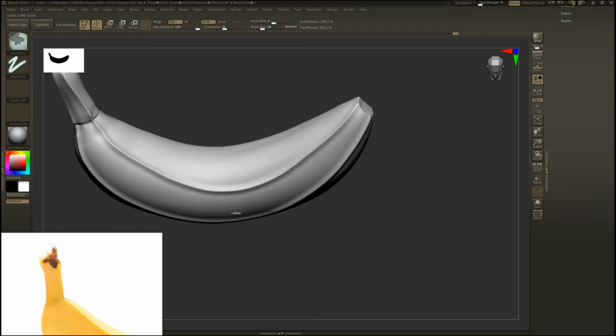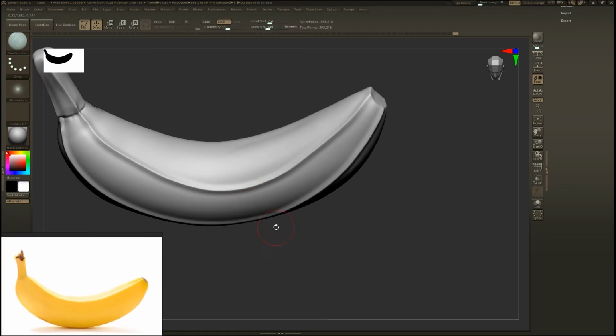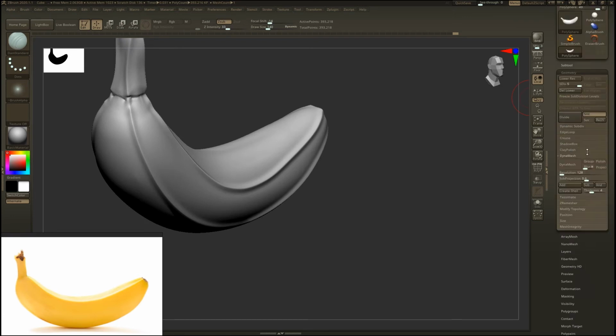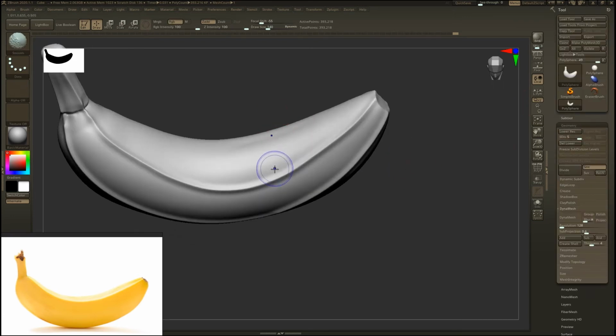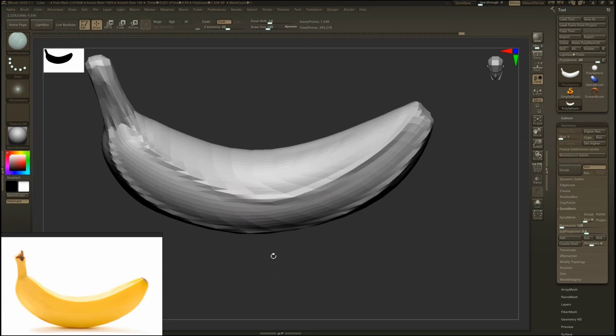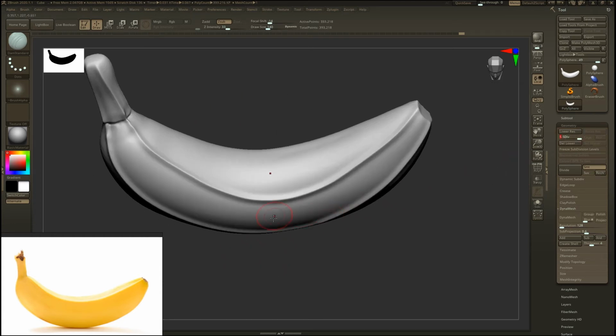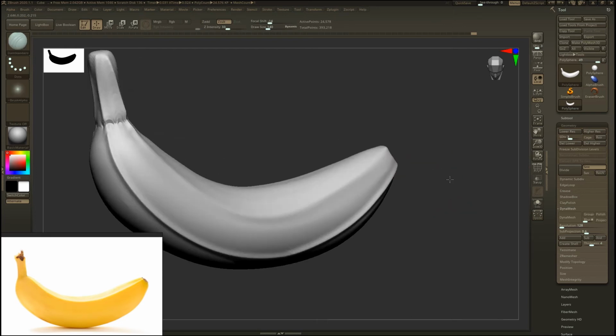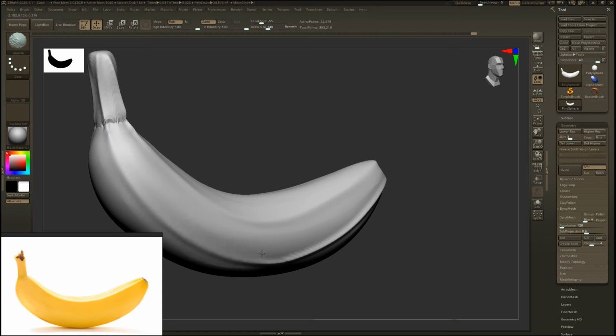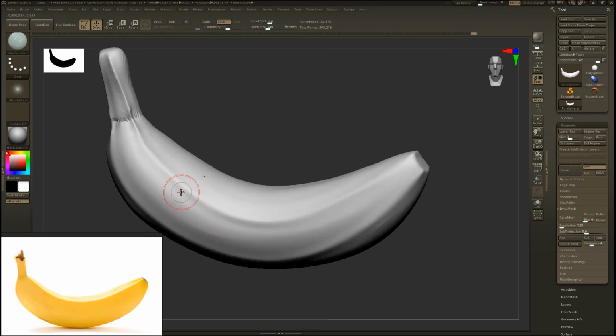Now we want to smooth these edges. As you see in the banana, these edges are very smooth. We are on the 5th division, and if we smooth, you see very little impact. But if you go to a lower subdivision, you will see smooth has a larger impact. So if you want to make a larger change, just go to the lowest subdivision, and if you want the least impact, go to the highest division. Now I am smoothing it on the third division. You can also manage smoothing by adjusting intensity, but I want to show you how subdivision affects it, so I do it this way.